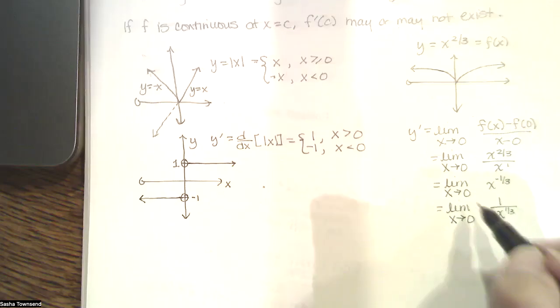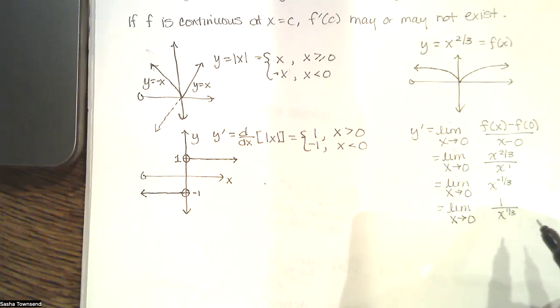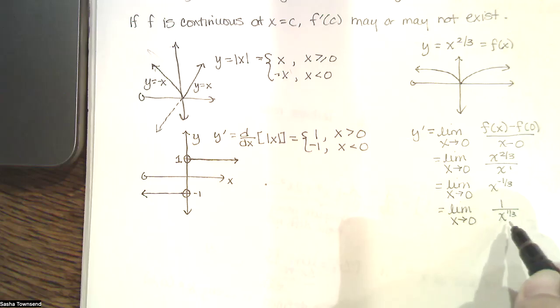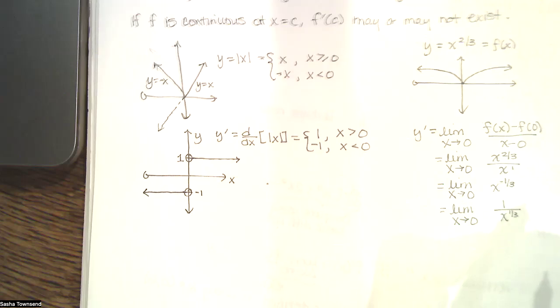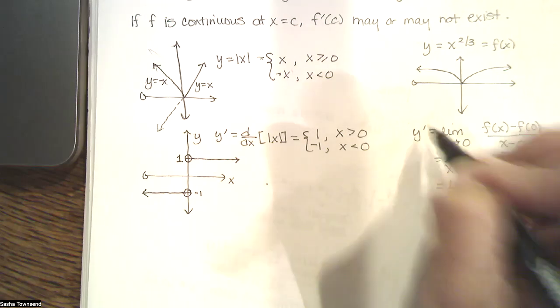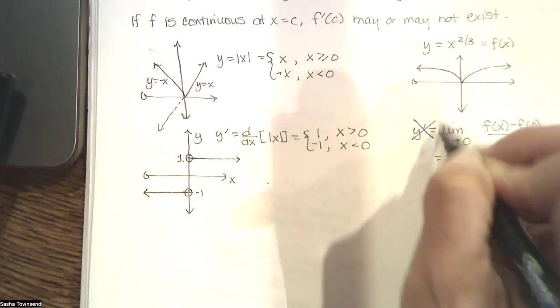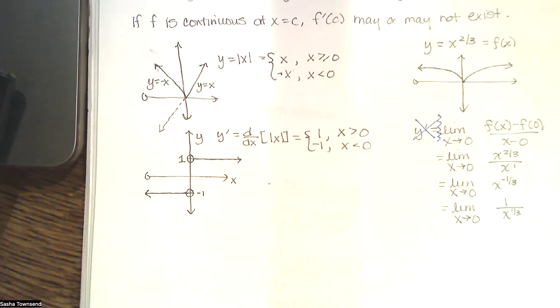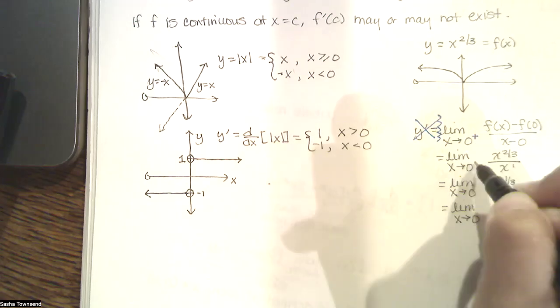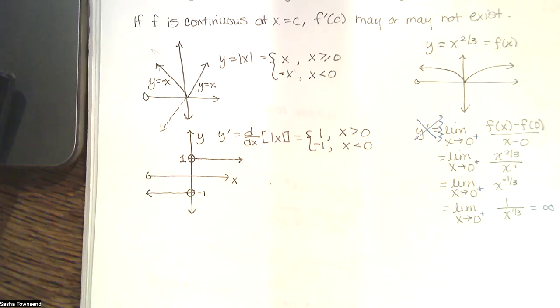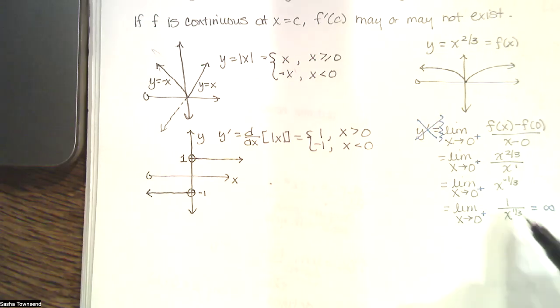And as x approaches 0, we get different behavior on the left than we do from the right. As we approach x equals 0 from the right, this is a tiny positive number. So 1 divided by a tiny positive number is a large positive number. And I shouldn't really use the equal sign here because the derivative turns out to not exist. So I got positive infinity from the right, but from the left,